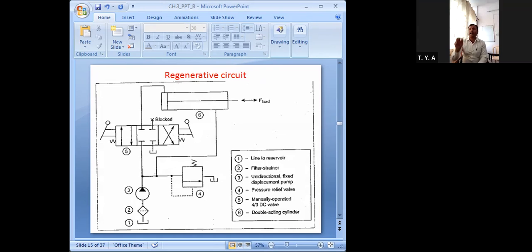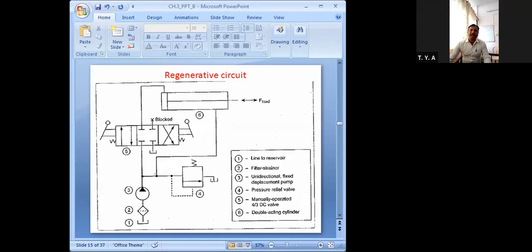And this circuit uses this manually operated 4x3 valve. What does that mean? 4 ways or 4 ports and 3 positions. It is a direction controller with a closed central position. If you see the central position, it is closed. Okay, this is manually operated.